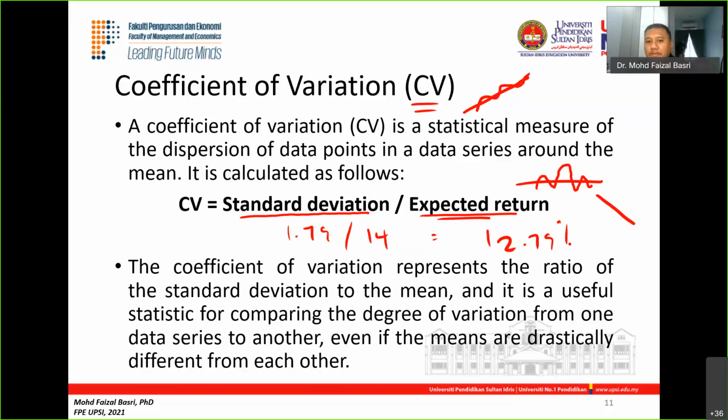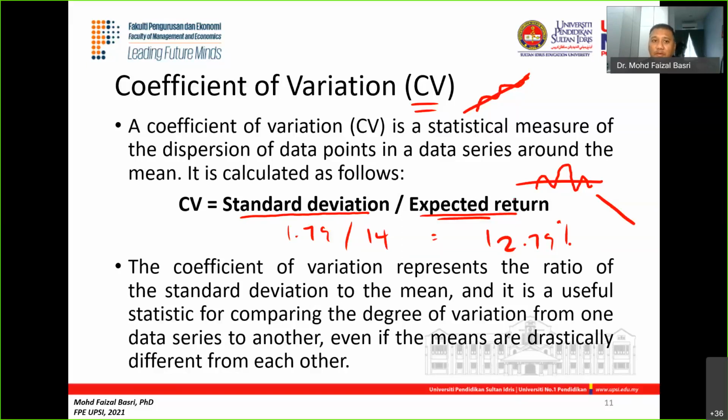Right. So that's the first part. We have four: ER, variance, standard deviation, and also CV, coefficient of variation. You don't have to calculate all. It all depends on the question. Most likely they will ask you the ER, the variance, and standard deviation for an individual investment or individual stocks.